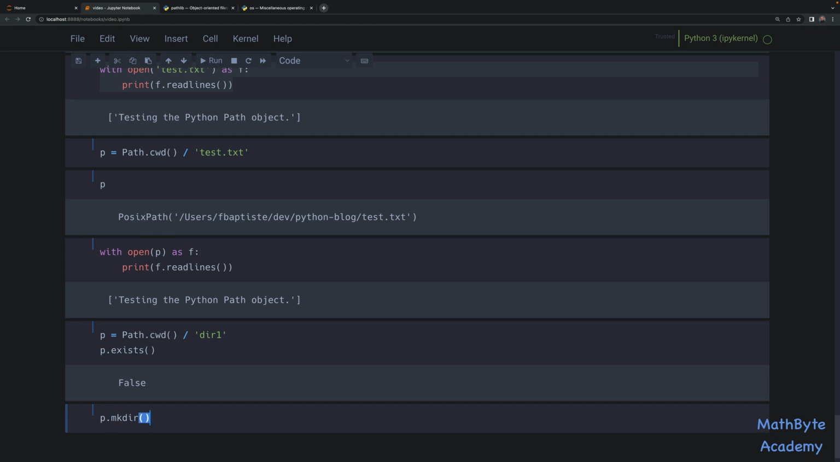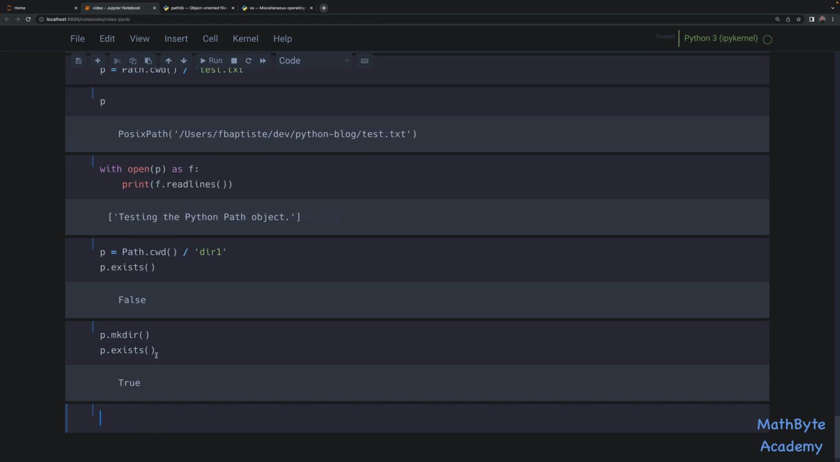Okay, mkdir, we're making a directory. And if we do that, and then we check if it exists, you can see that it does indeed exist now. It was actually created on my file system. Now, if you try to create this directory again, so if you try and create a directory that already exists,